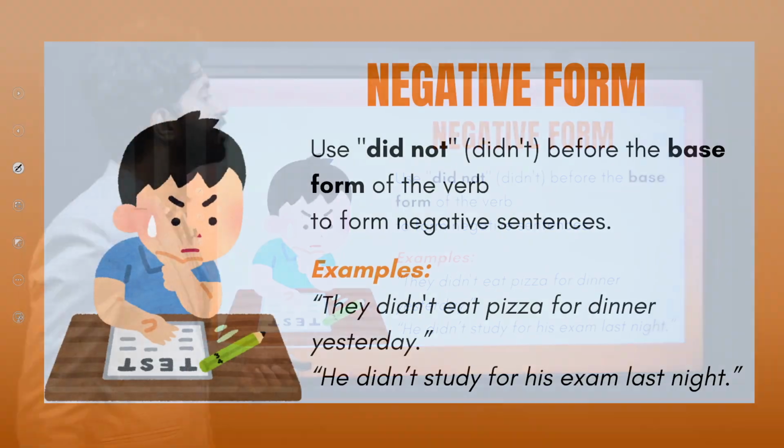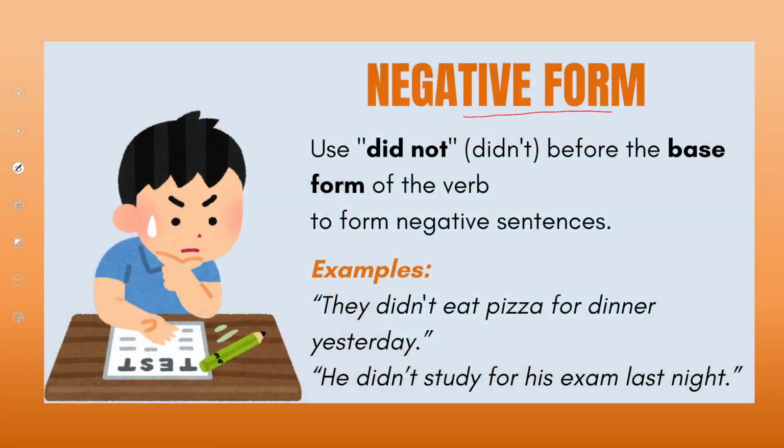Now, for the negative form, if you want to write something or speak in the negative form of past simple tense, you will use did not, or the contraction or short form of did not, which is didn't. They both can be used before the base form of the verb. The verb will be used in the base form, in the first form, because we are already using did not or didn't in the past form. For example,